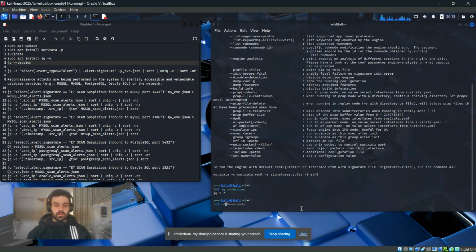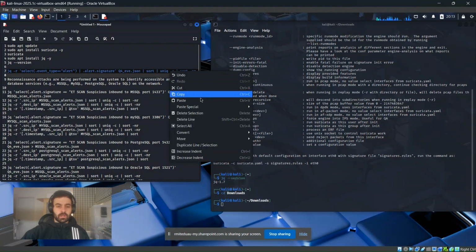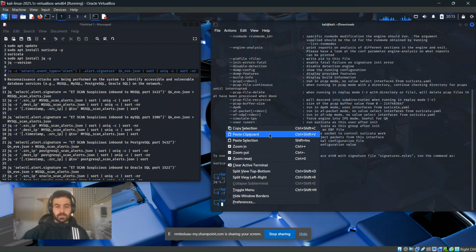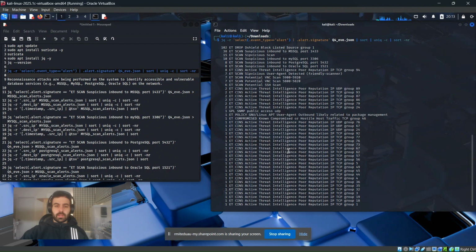Now we need to look at the Suricata JSON files, or the alerts that Suricata picked up. I'll just go to my downloads, and then I will run this, which will just show us the types of alerts and how many of each there was. So we have a lot of IP